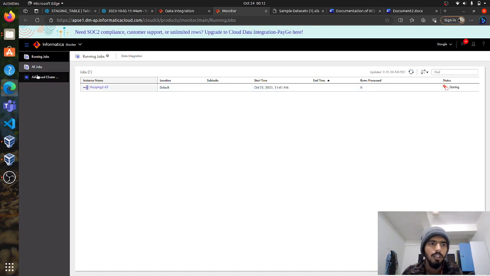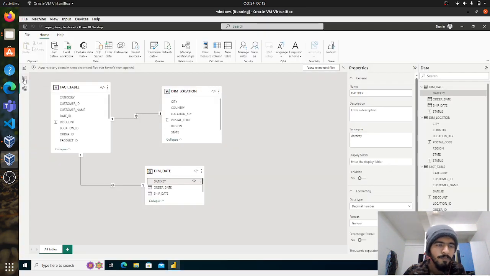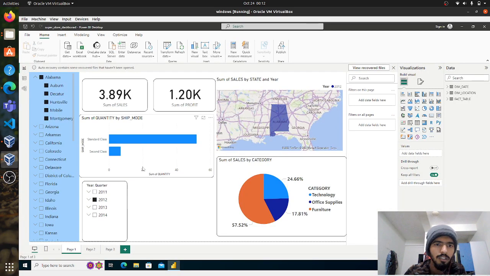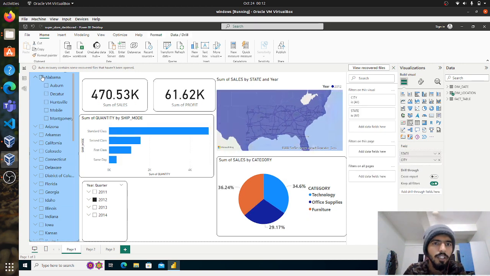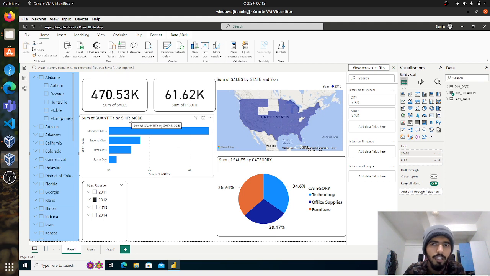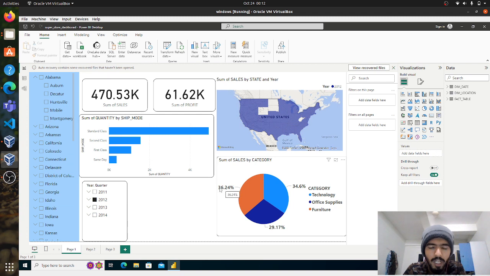As you can hear, it started. Till it runs, I will take you to this Power BI. So what is Power BI? If there is a non-technical person, such as a business analyst or the owner of the company, who doesn't have any technical knowledge related to ETL, he won't be able to perform all these operations and won't understand what the data is saying. For better visualization, Power BI is used, and there is one more tool called Tableau. You can use any of these.